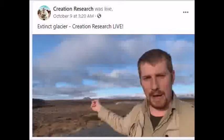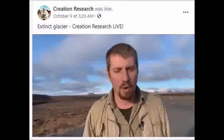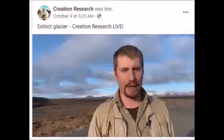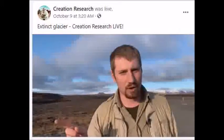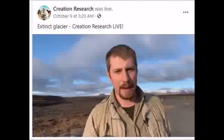The glacier behind us, born 700 years ago, went extinct in the last couple of years. There's still a little bit of remains at the top of the volcano, but the reality is, the climate has been going up and down and up and down. You need to get the true history of global warming, you need to get the true perspective on climate change,